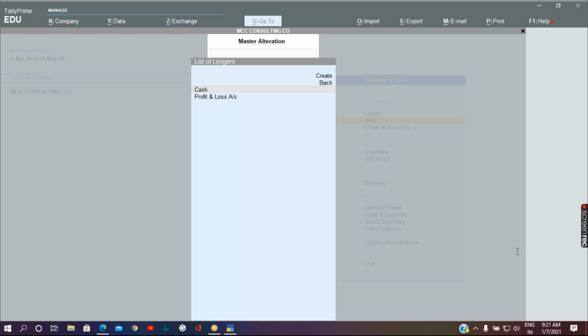Cash in hand and profit and loss account. These are the two predefined ledgers already created in Tally. There are 28 accounting groups and two predefined ledger masters. Apart from this, we can create as many groups and as many ledgers as we want. One more thing: